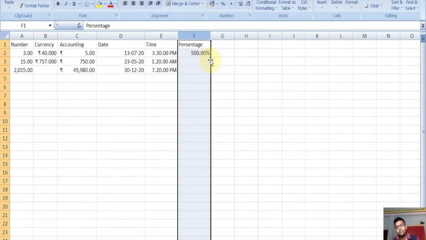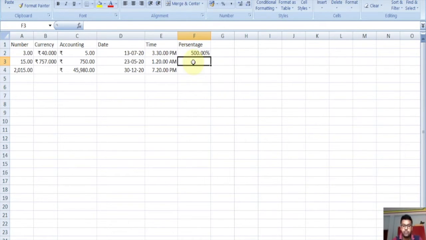Suppose we want 0.3, it will show 30%. 0.4 it will show 40%. 0.9 it will show 90%. This is a percentage format.